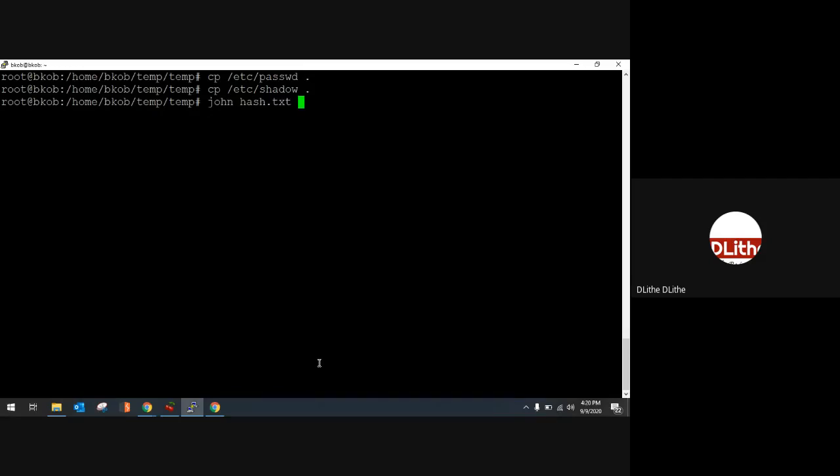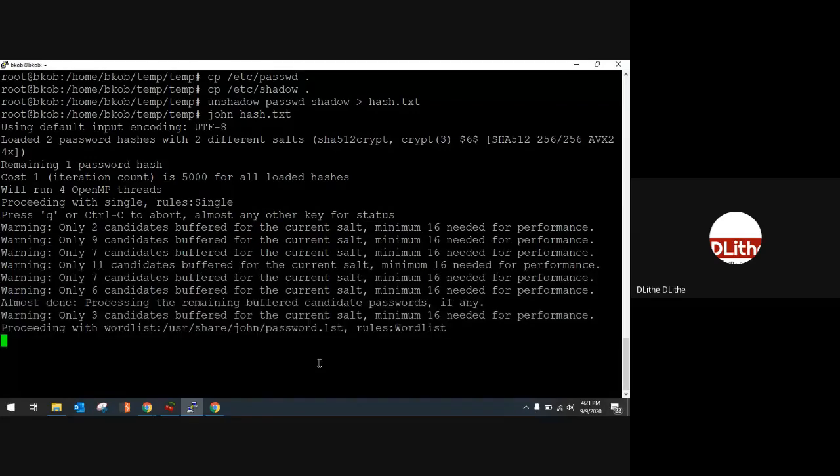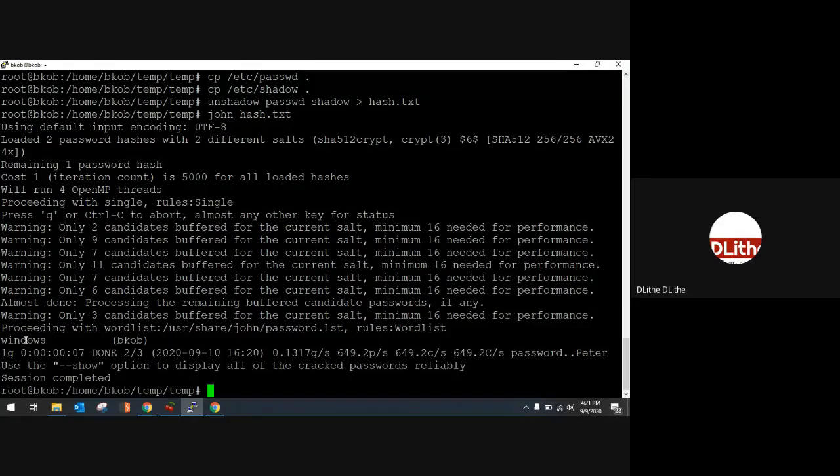By default, it was BKOB. Now this time I have changed the password to Windows. Let us see whether it will crack it or not. Windows is obviously a common password, so it should crack. You can see this is the default word list that is used by John, and here it is. So the password of the BKOB user is cracked.